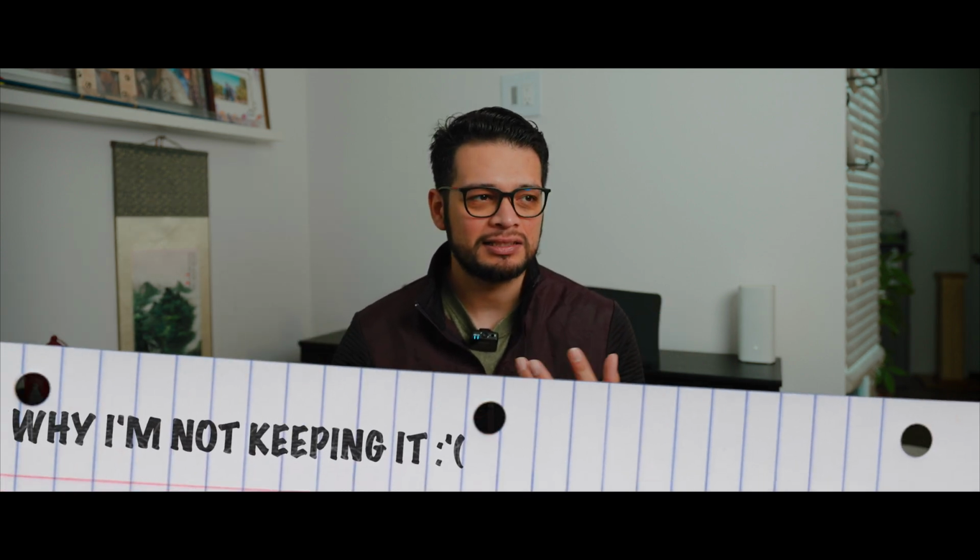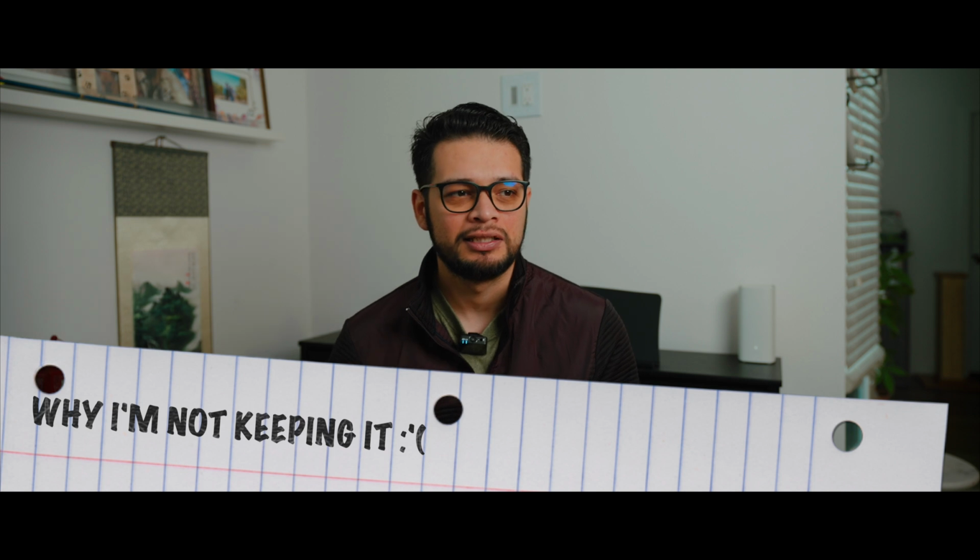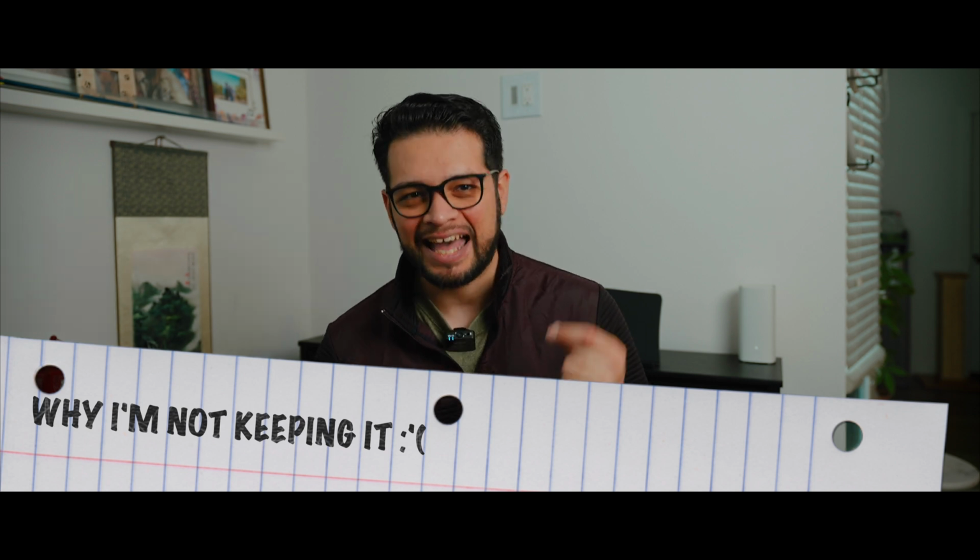experience to go through. Why am I not keeping it? It's the perfect camera, and it hurts that I had to say I'm not keeping it, and there were a couple of reasons. The main one is I kept having full frame at the back of my mind, and I know it's something dumb because you can get equally great footage out of an APS-C or Super 35 sensor, but the fact that